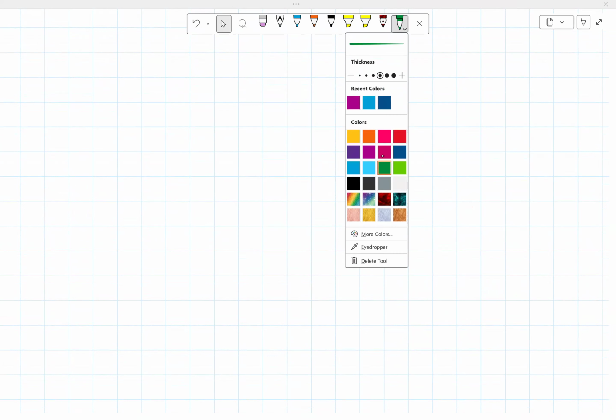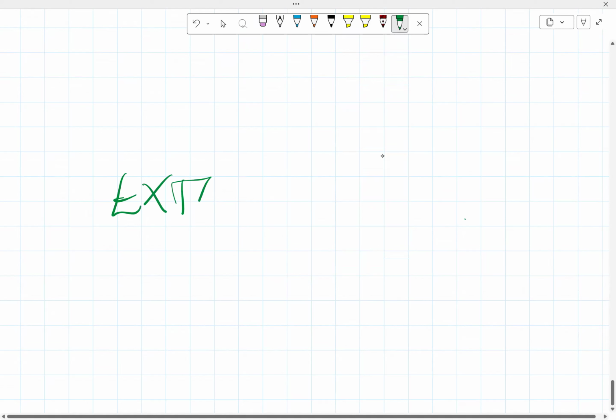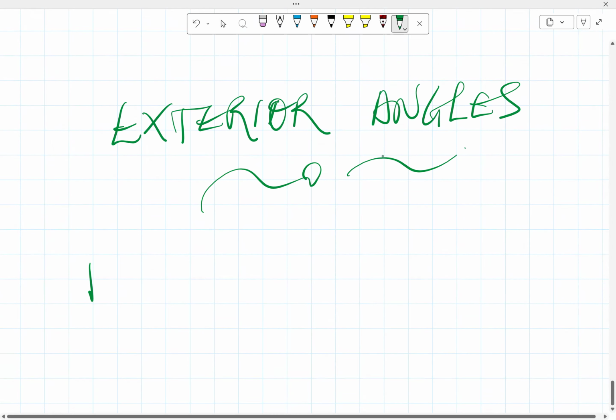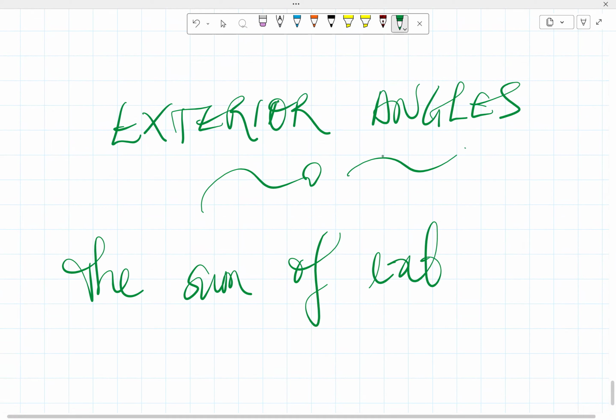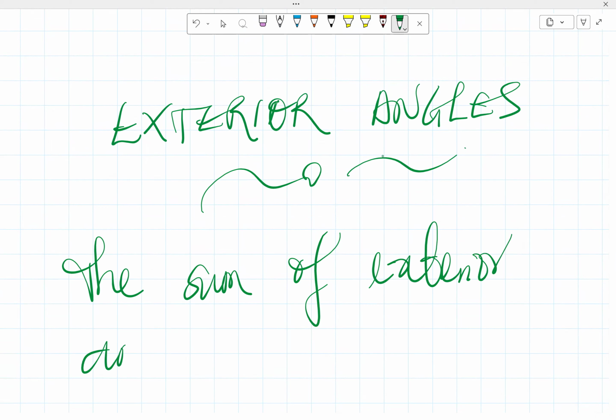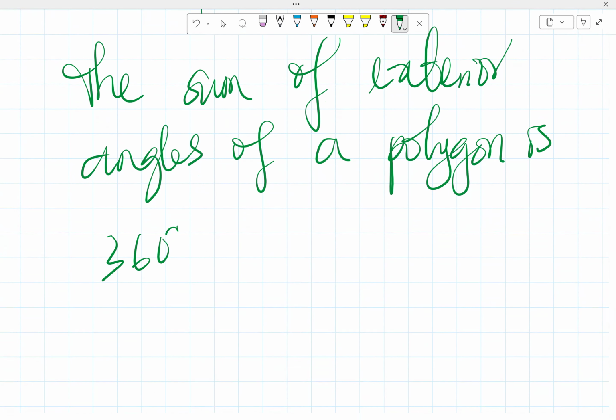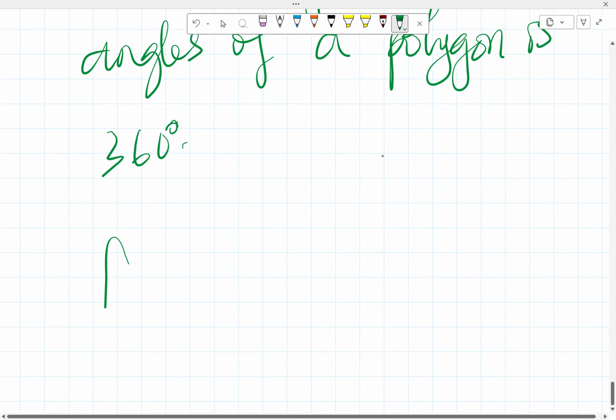So let's go. So now we're talking about exterior angles of polygons, whether regular or not. So the sum of exterior angles of a polygon, like we said already, is 360 degrees. I'm going to show that to you very soon. Okay. So for a regular polygon,